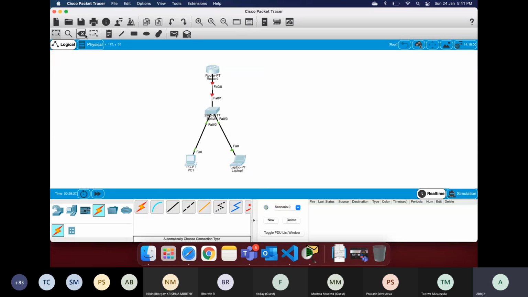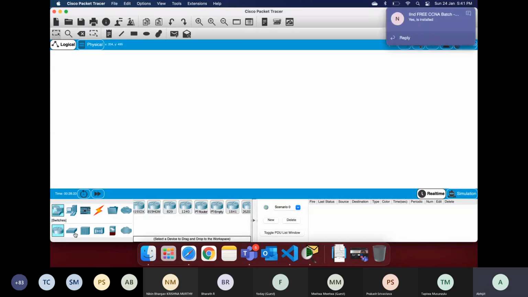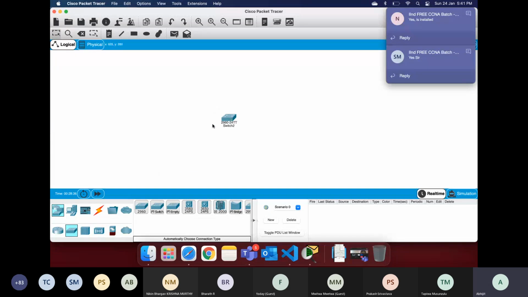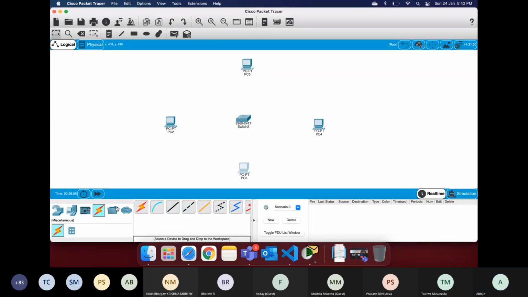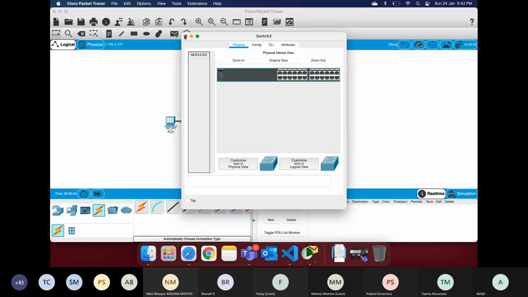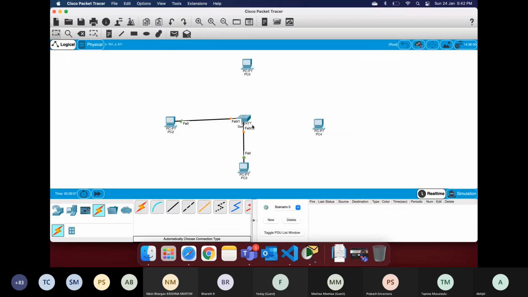And what we will be doing is working with a switch there. Let's say I have a switch here, and inside of that switch you have different PCs. So I'll take around 4 PCs here. And when I say that I have a switch in between, then I can connect these switches with the PCs. And then after that,